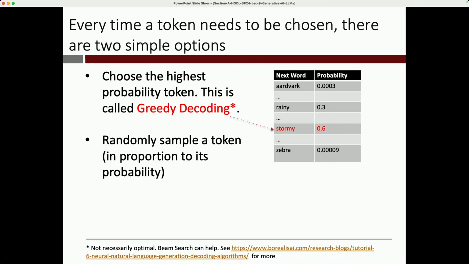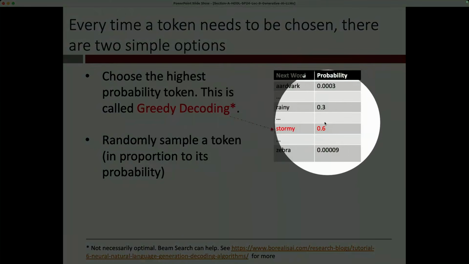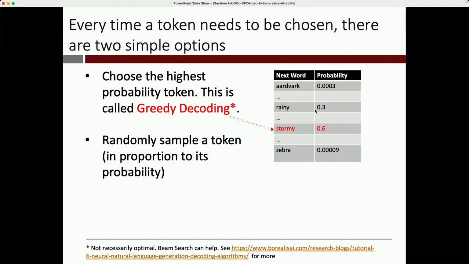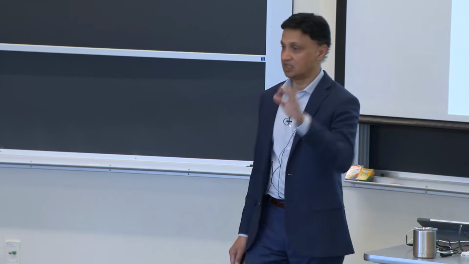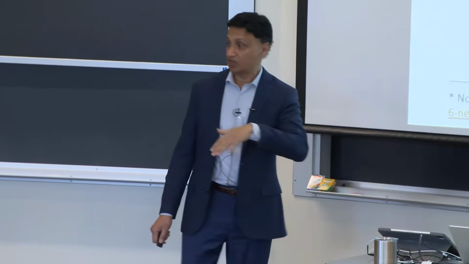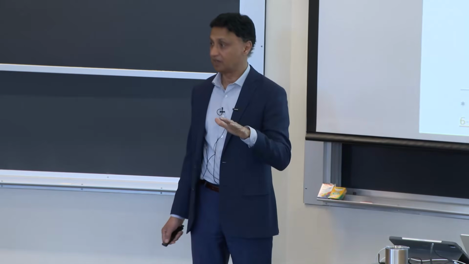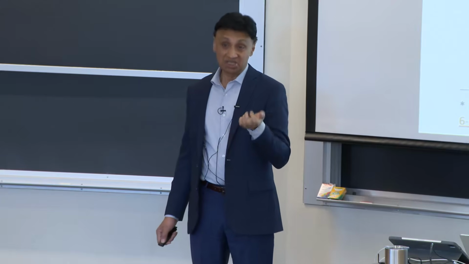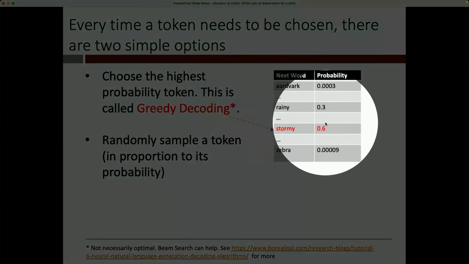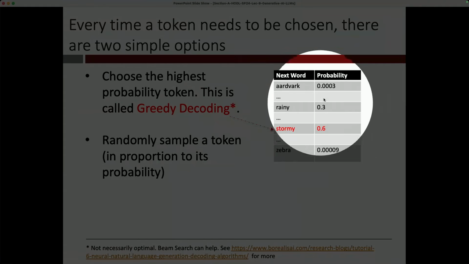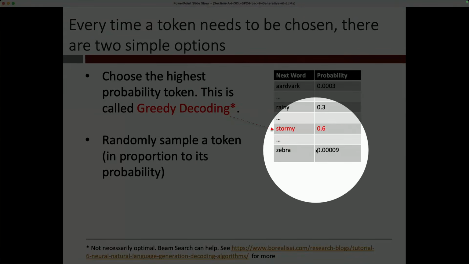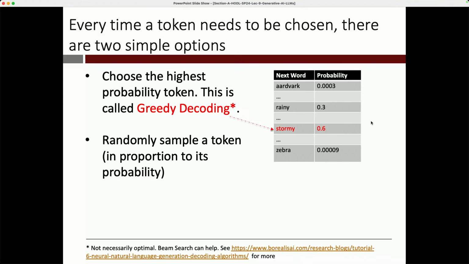Okay? So in this case, for example, if Stormy is 0.6, the highest probability in this whole table, we just pick Stormy. So that is the obvious, extreme, simple case. The other thing we can do, which is also super simple, is that because we have a probability table here, we can just reach into the table and sample a word out of it, in proportion to its probability. Which means that if you sample from it 100 times, 60 times you probably get Stormy because the probability is 0.6. But some small fraction of the time you may get strange things like Aardvark and Zebra and so forth. You're just literally doing random sampling.